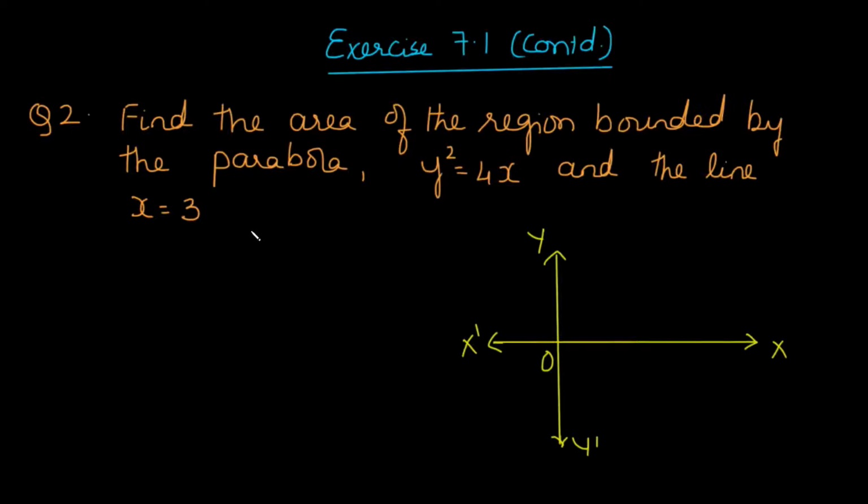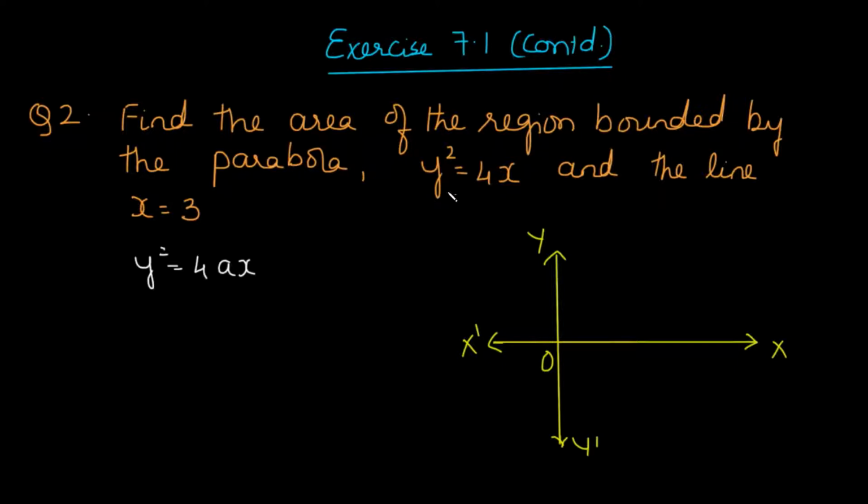Now remember question number 2, 3 and 4. All three of them carry diagrams, that is, figures carry marks for these questions. So you have to practice drawing figures for these questions. Now in this case, you know that the general equation of the parabola is y square is equal to 4ax. And we have learned that there are different types of parabolas.